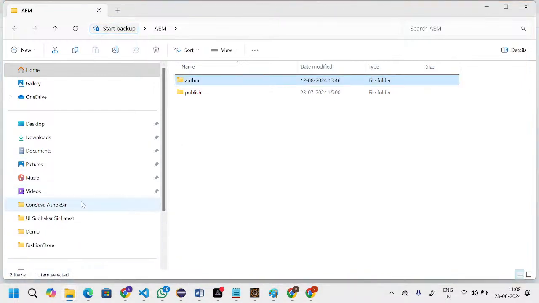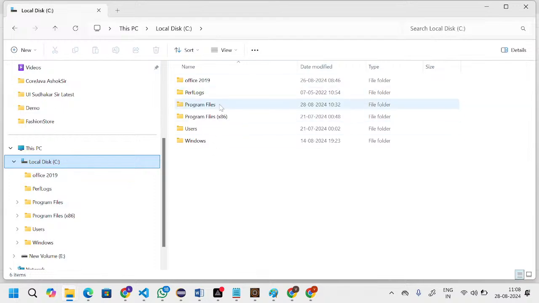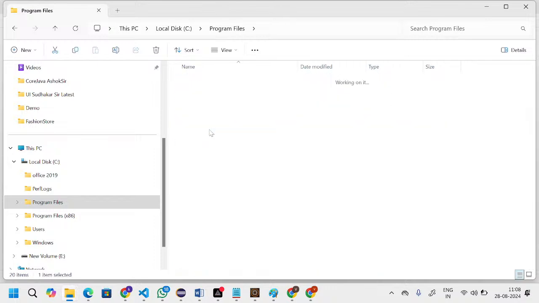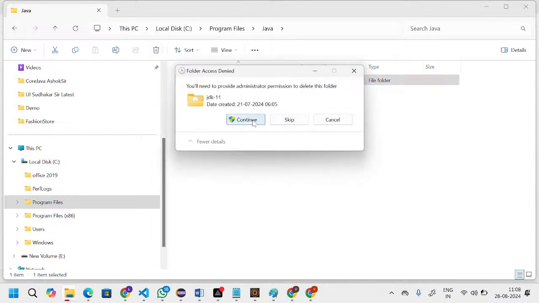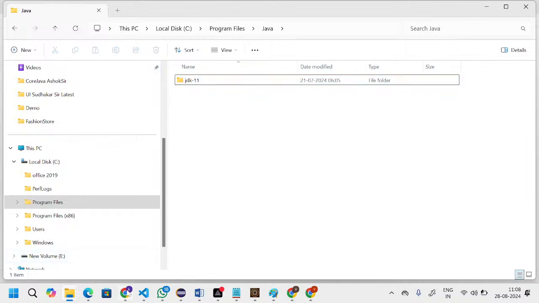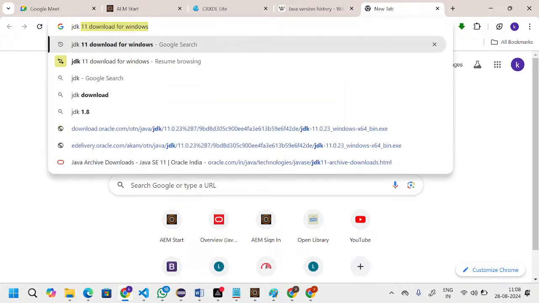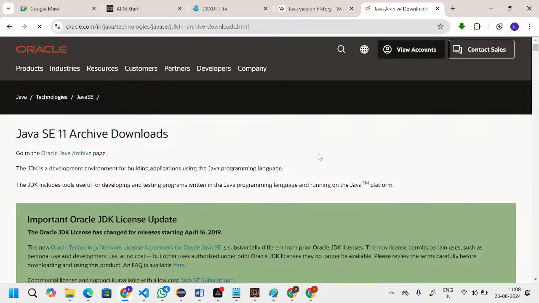So I will show you from the scratch. This PC, and I am already in my system, where it already exists. So as of now, I will delete this one. Okay, I'm deleting this, which is already available. So simply come here and look for JDK 11 download. JDK 11 download for Windows, and then if you click on it,